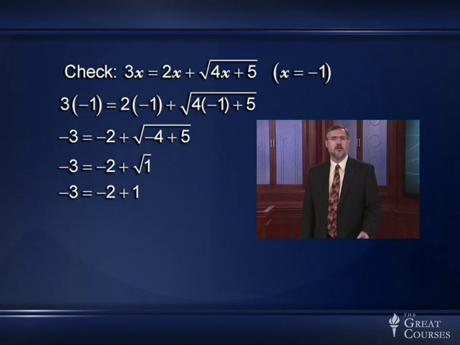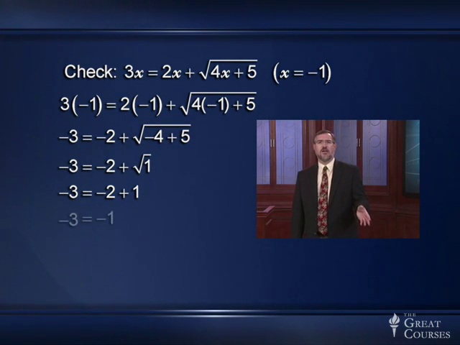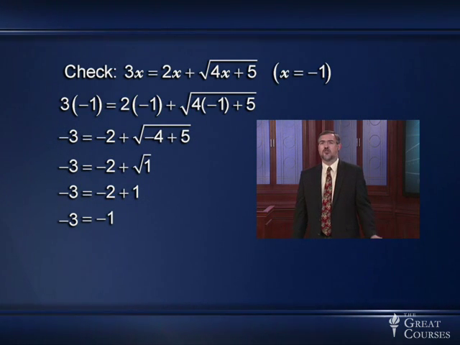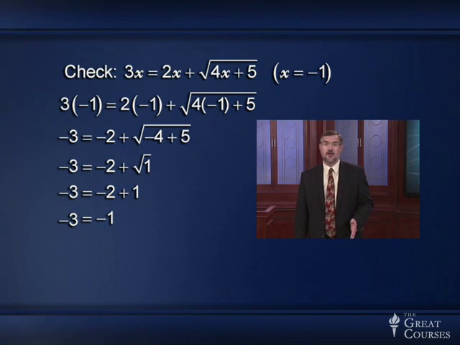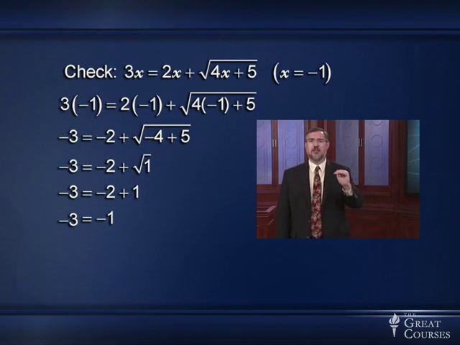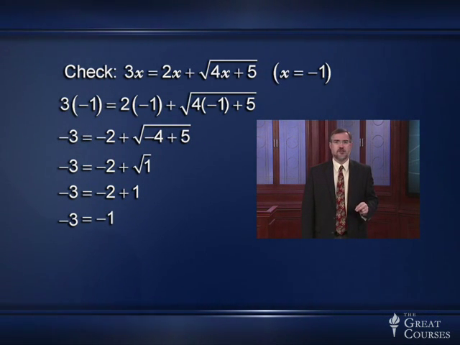Oh, be careful. The right-hand side then simplifies to just negative 1. So we have negative 3 equals negative 1. That's a false statement. So what do we do? Well, I guess you could go check your arithmetic to make sure we didn't make a mistake, but we didn't. It means, by coming up with a false statement at the end, that x equals negative 1 isn't a solution